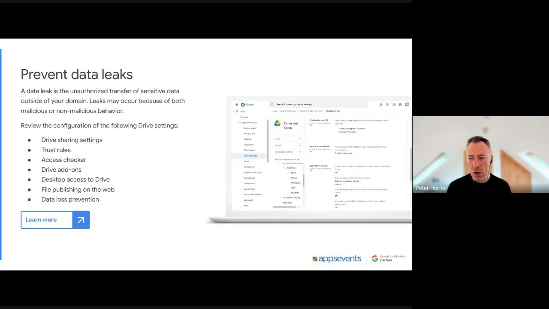So desktop access to Drive. I normally recommend turning this off. So this is the Google Drive desktop app, which allows users to download all their files from Drive or sync files up to Drive. And the reason for this is if